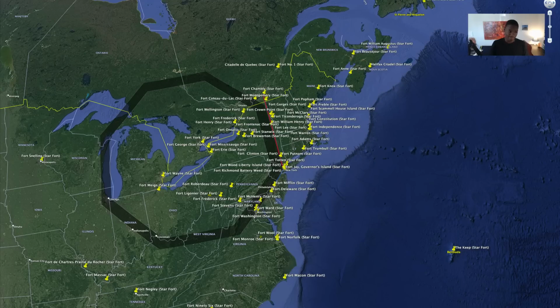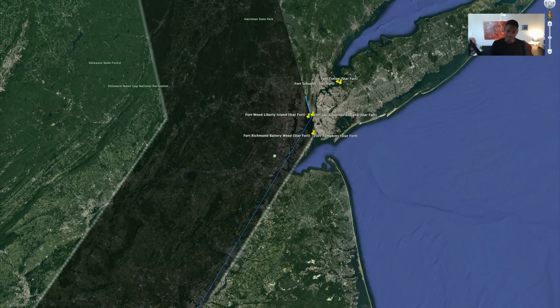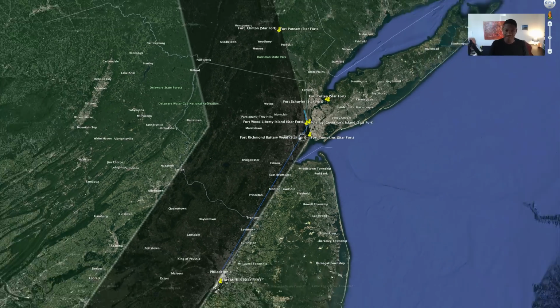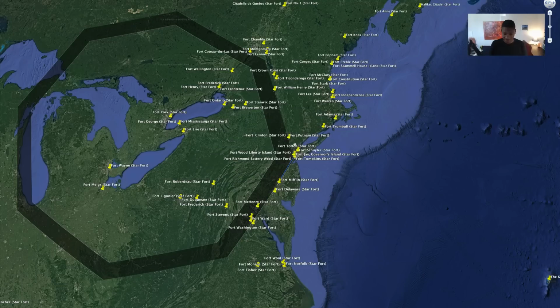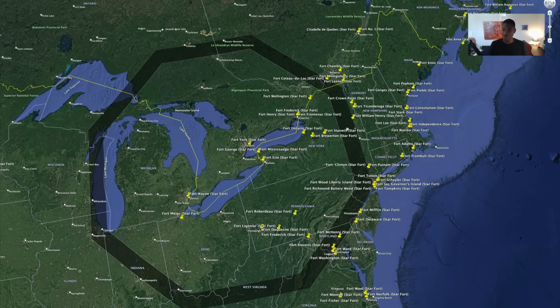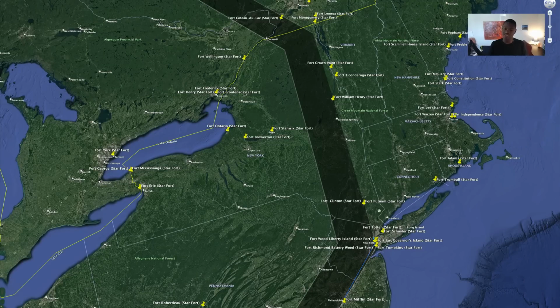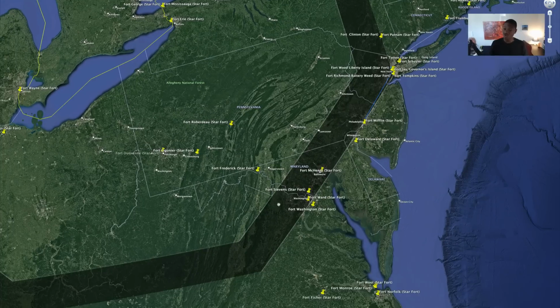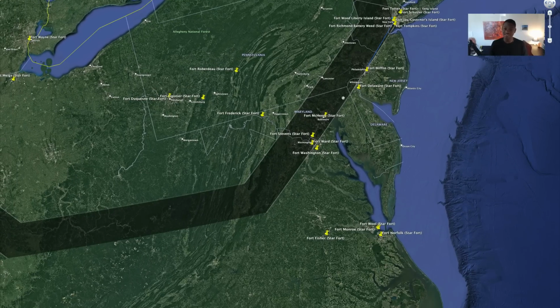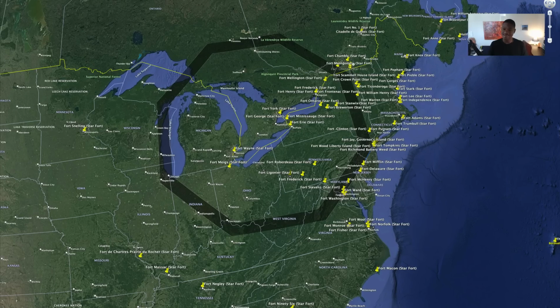Now I've got this octagon overlaid, right? More or less. It's not perfect. I'm using basic tools that we all have access to. But what I noticed with this octagon and how I stationed it based on these ley lines is that it does cross through many significant cities along the Northeast and Midwest. I mean, we've got